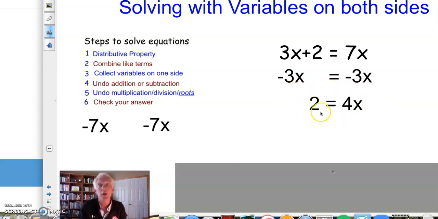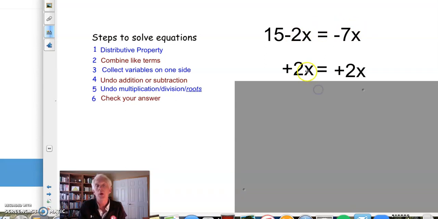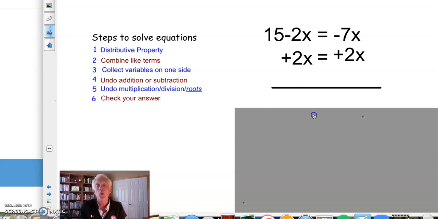We're talking today about getting the variables on the same side of the equal sign. It can get a little bit more complex. Here, let's do another one. We have 15 minus 2x equals negative 7x. So what we want to do is move this. We don't want to touch this 7x. Leave it over there. We'll just collect this x, stick it over there by adding 2x to both sides. So when I do that, I'll add 2x to this side. I will add 2x to that side. I can do that because the equal sign's in the middle. It balances. I then end up with